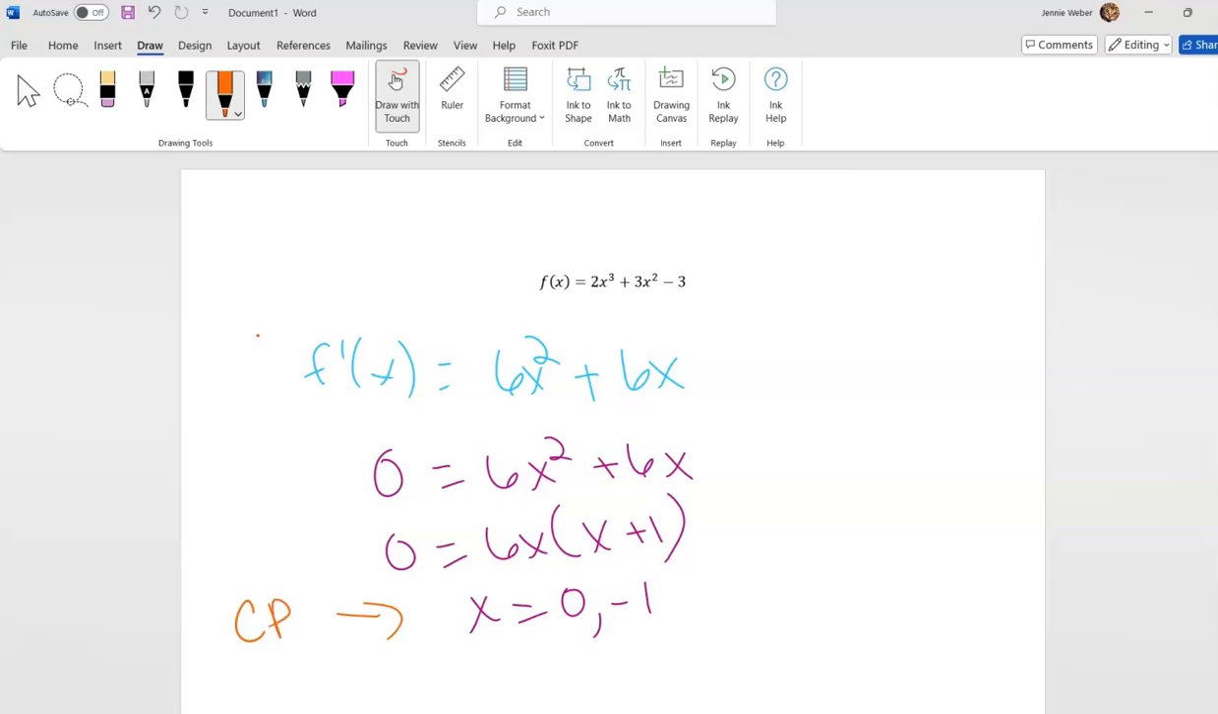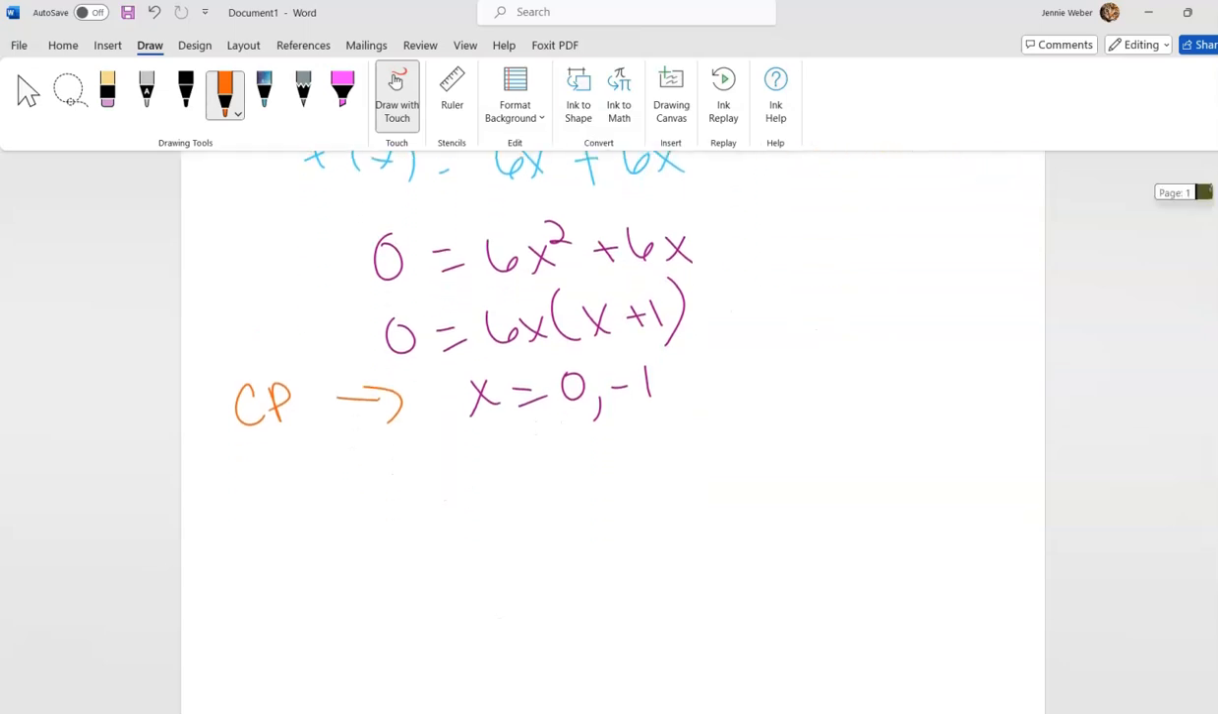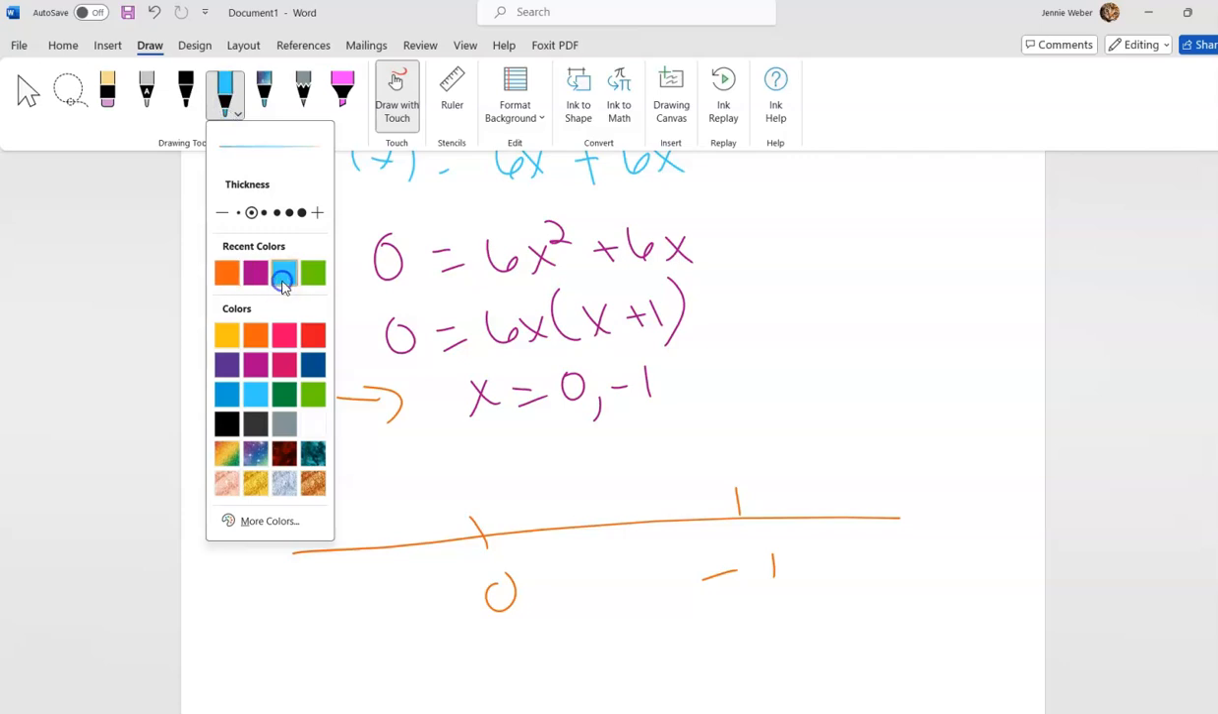But if I want graphing points, I would have to put them up. So my graphing points here would be 0, negative 3, because I'd put in a 0. And if I put in negative 1, I'd get negative 2 plus 3 minus 3, which is negative 2. So I'd get negative 1, negative 2. Those would be my graphing points. But to do the first derivative test, I actually don't need that. I just need these 2 points, 0 and negative 1. And I'm going to take